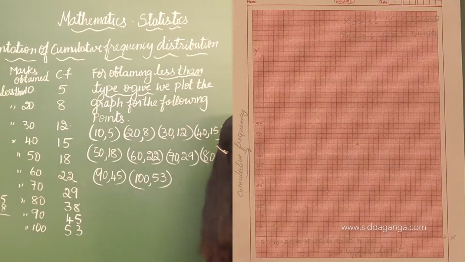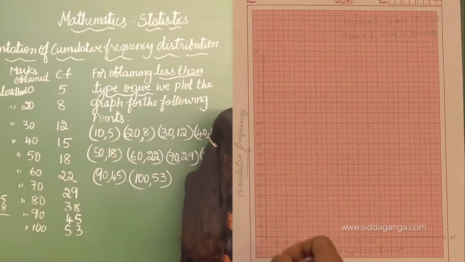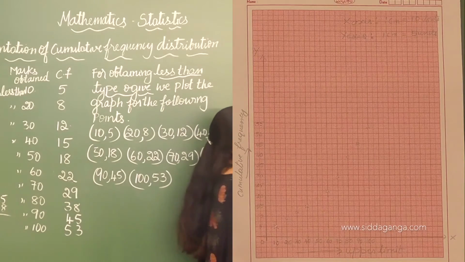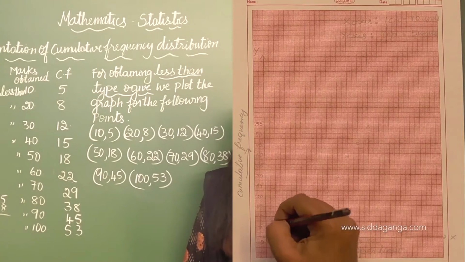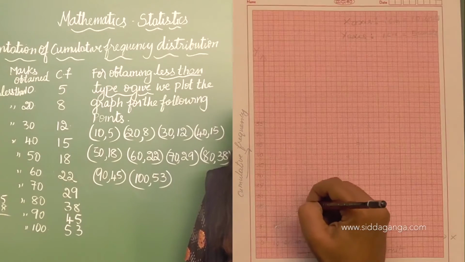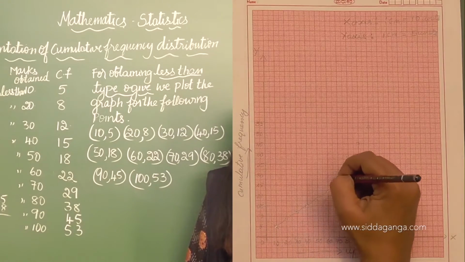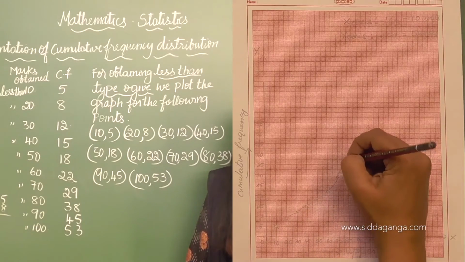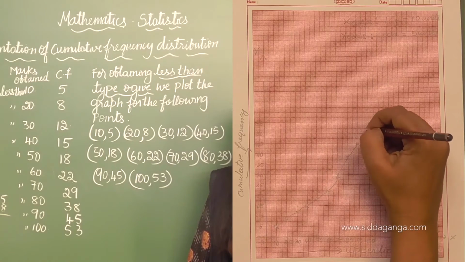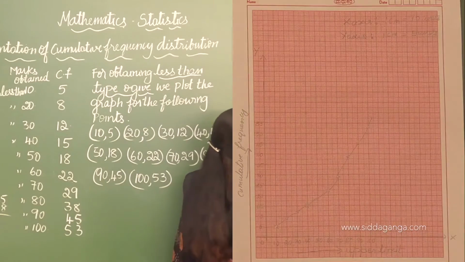Okay, now we have plotted the graph. Just observe the points here, and I told you, you need not use a scale to join the points, it's freehand. So just join like this. Don't use a scale to draw, it's a freehand curve.